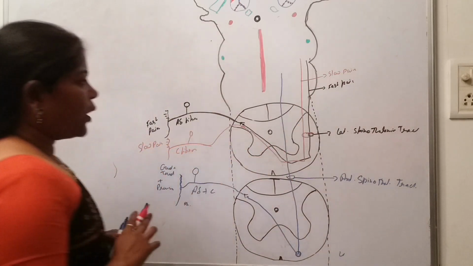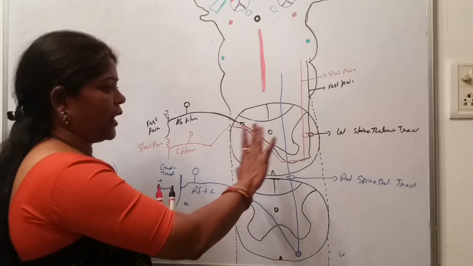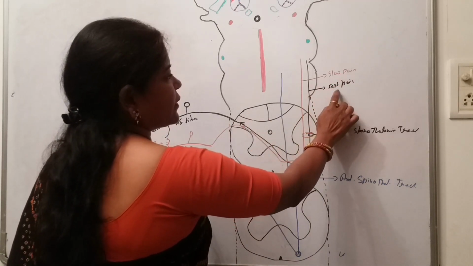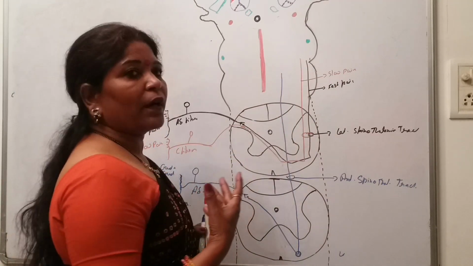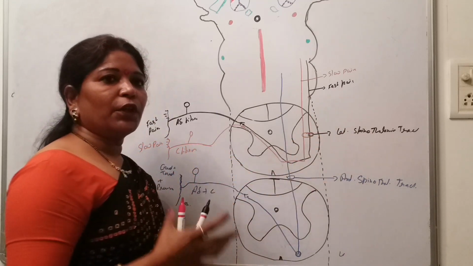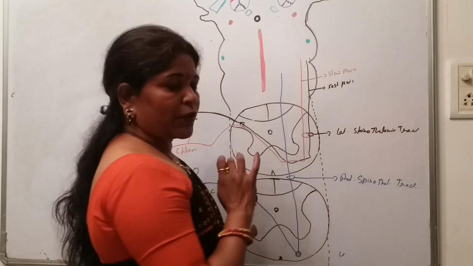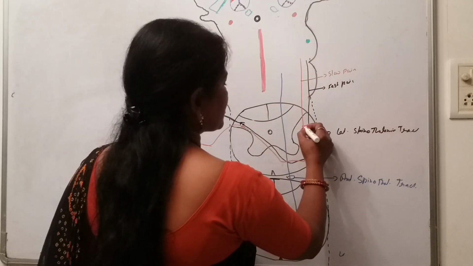Okay, now here a very important terminology you will have to see. This slow pain and the fast pain, it has got the concept of newer and older. Okay, so the fast pain, it is of the newer concept, and the slow pain, it is of the older concept. That's why the nomenclature of this slow pain is